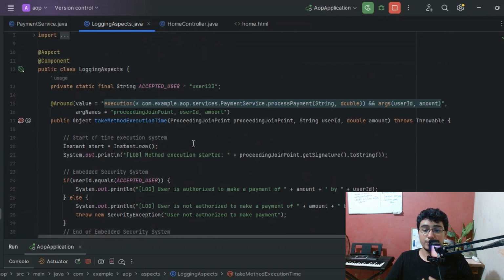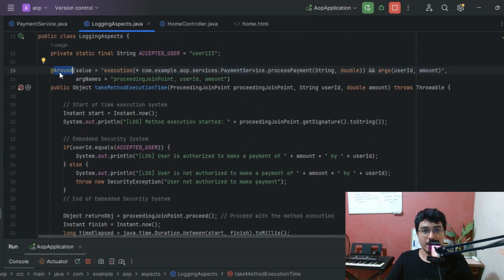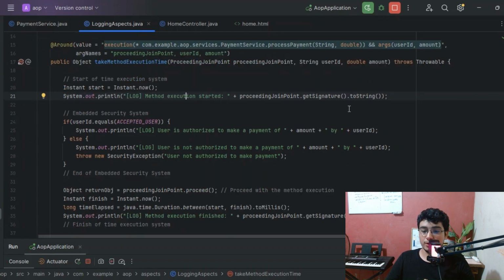Because remember, when you involve the around advice, you are having full control over the method execution. Okay? Now, having all of that said, we're also going to be